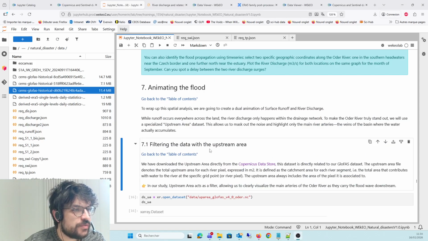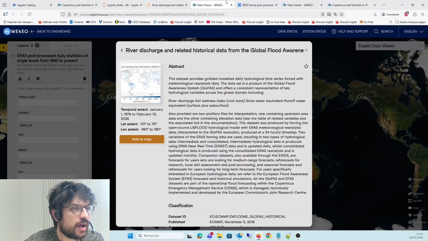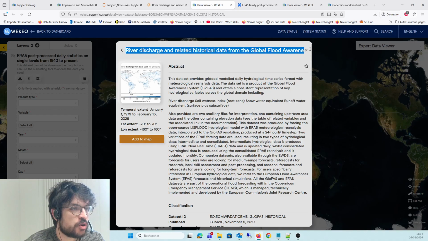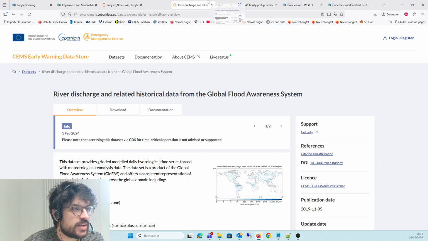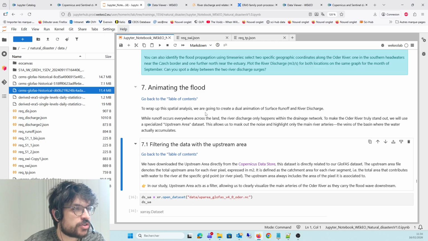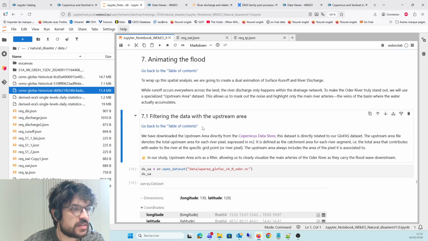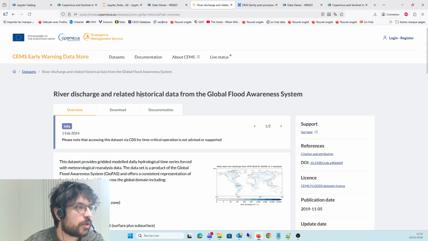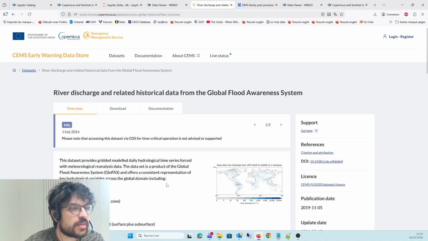So to retrieve this upstream area dataset, it is actually associated with the Global Flood Awareness System data that we had just retrieved. However, I don't think that this particular auxiliary dataset is retrievable through the WEkEO platform. So I've actually downloaded this sample of the dataset directly from the Copernicus data store.